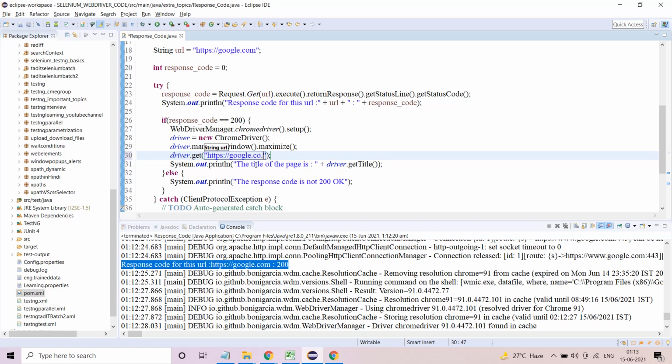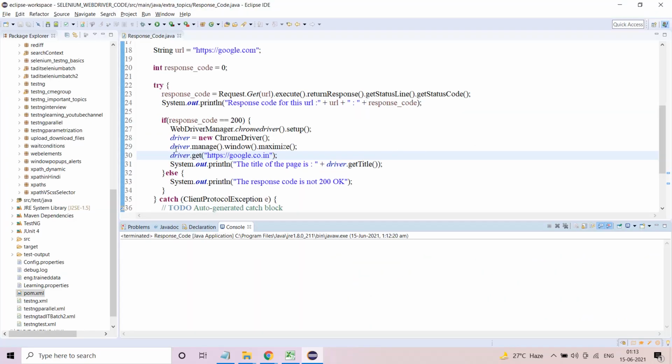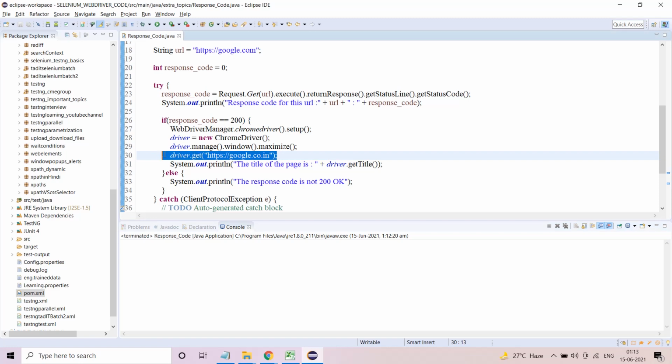So let's say for example, I'm using google.co.in. Okay, I'll close this. My mistake. I did not open any URL, and I was trying to get the title.